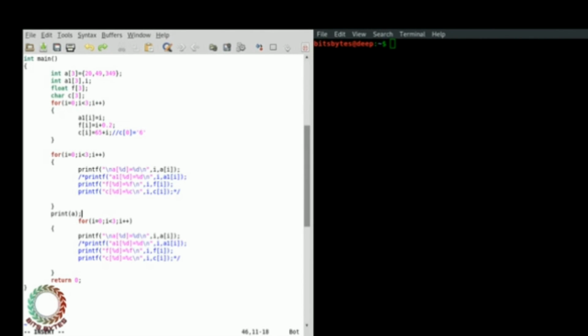But if you send an array by passing the array to another function, it's not very complex.